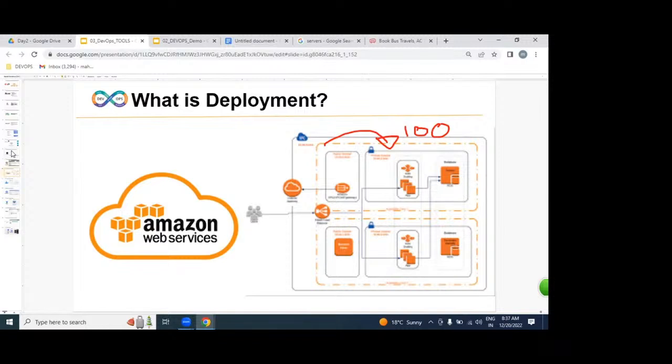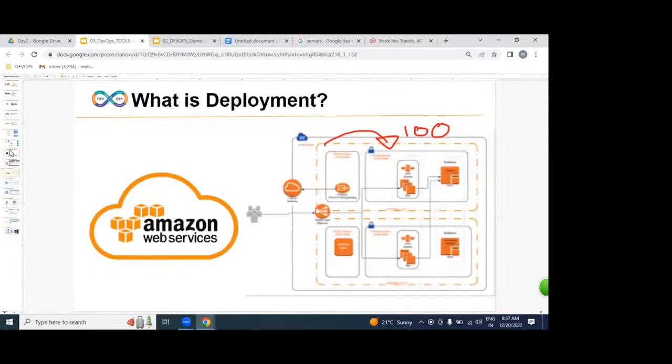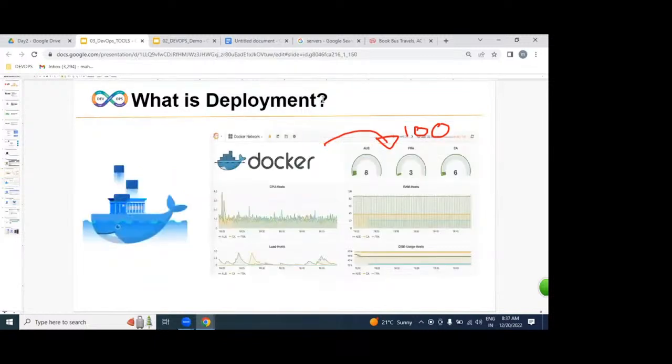So for my satisfaction, let me repeat this point. It's a very important point. We get hundreds of servers from AWS. After getting the servers, on top of the hundred servers, we are going to implement an automated process with the help of Ansible and Chef. But where are we going to place our application? On the AWS cloud or not? Not only deploying on hundreds of servers in AWS, we can also place our application in a Docker container.